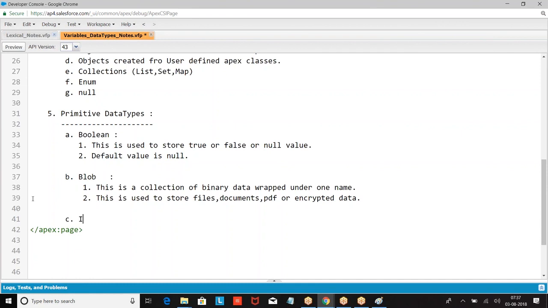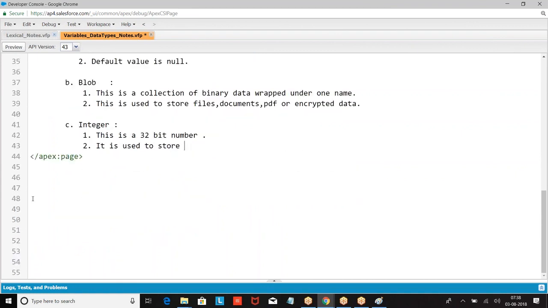we have Integer. This is a 32-bit number. It is used to store a numerical value without a decimal point.